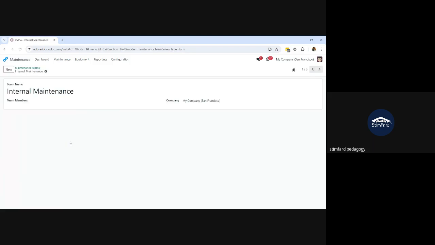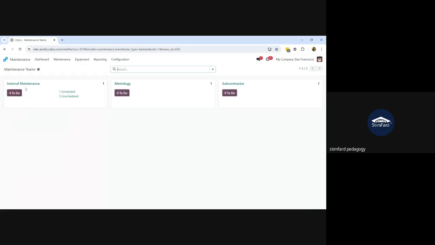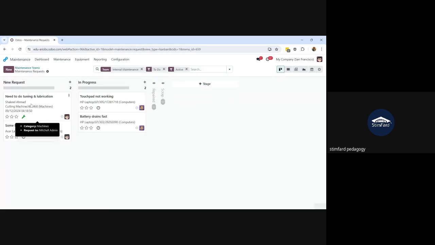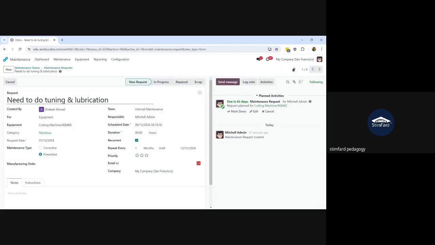Here you can give the team members, let's say mutual admin, Shefi, Pajwa. Okay, and let me remove the mutual admin. It's logged in already, so let me remove this. So now the internal maintenance team has two team members. And now if I go to the new maintenance, it will show me these two members. So I can assign